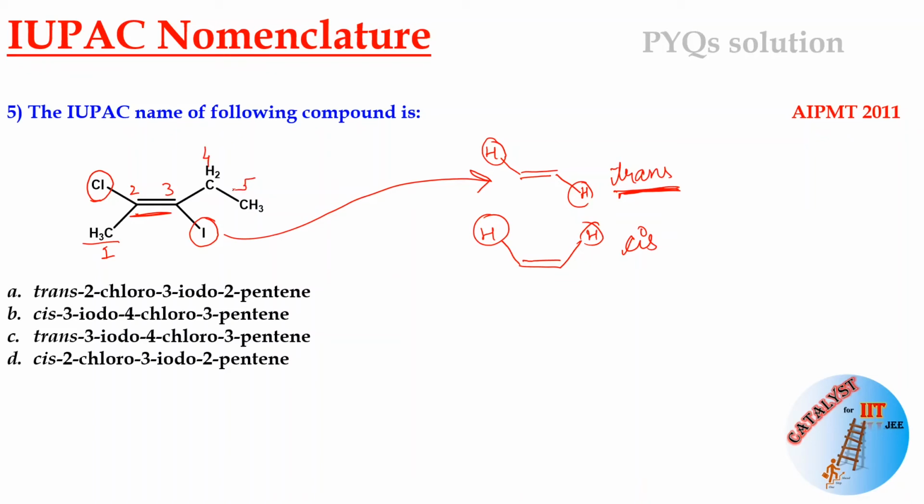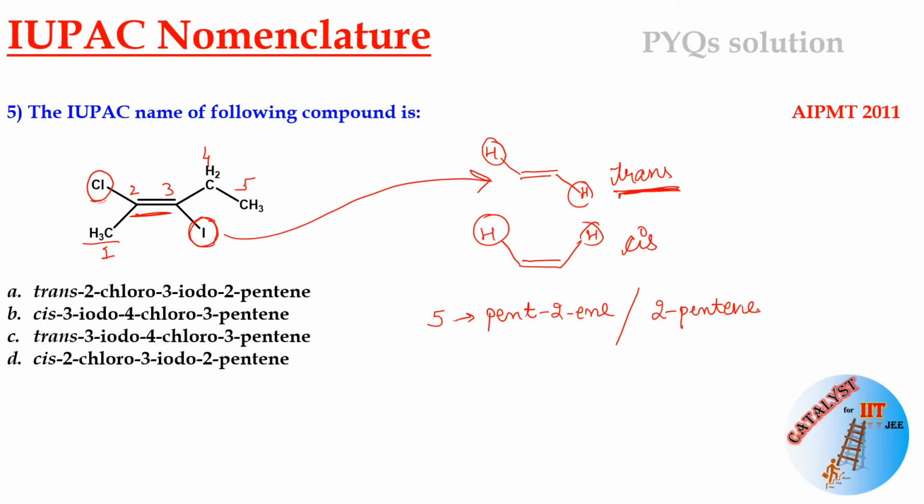On the second position there is a chlorine functional group, on the third position there is an iodine functional group, and on the second position your alkene double bond is present, and the number of carbons in your parent chain is 5. So 5 means pent. And on the second position your double bond is present, so this is 2-ene,